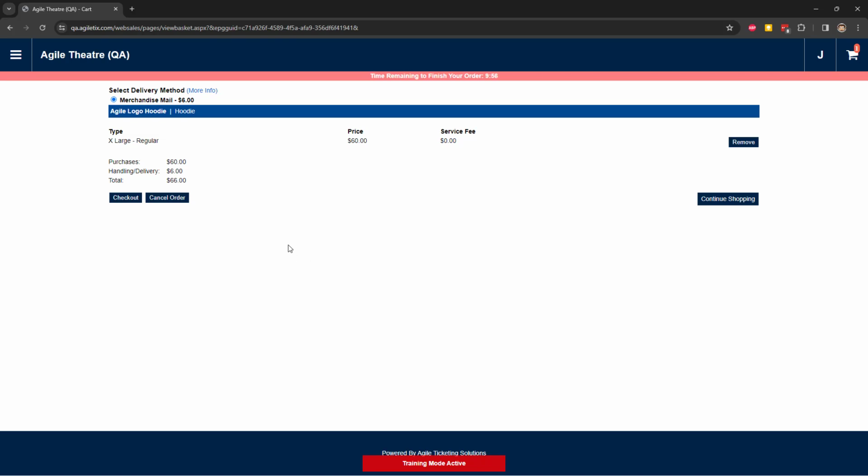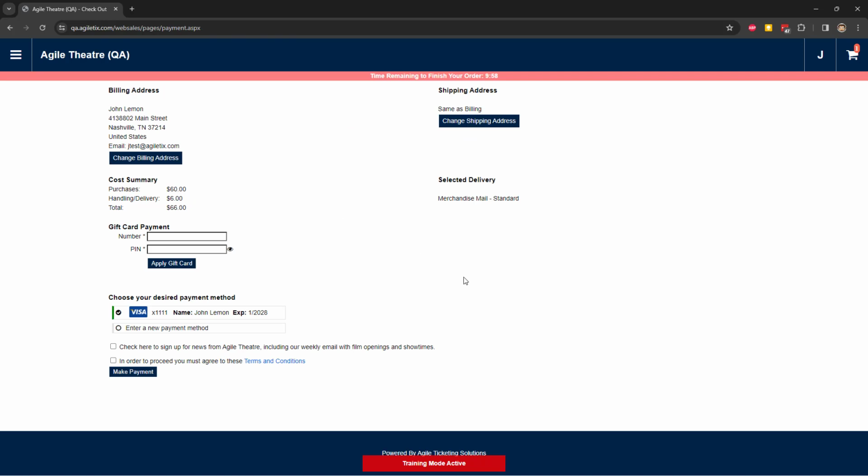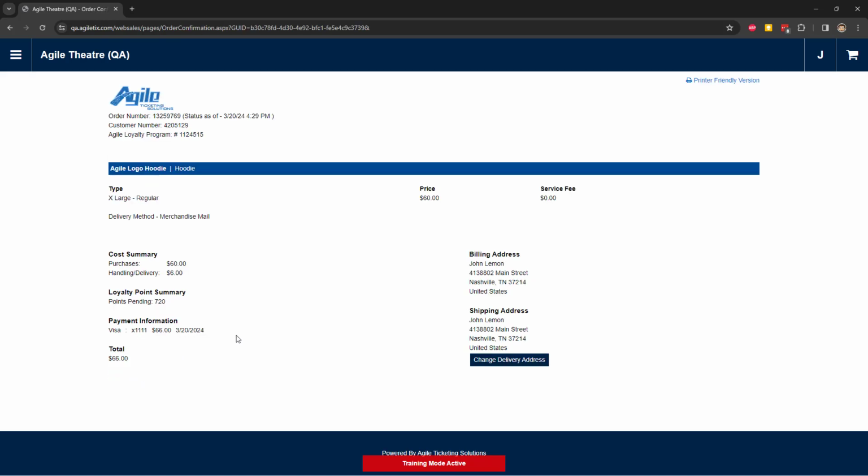And we'll go ahead and continue on with this order as normal, and finish by using our payment method to pay for it. Once we get to the order confirmation, we see the loyalty points summary for this order. Since this order has $60 worth of eligible purchases at 12 points for $1, we will get 720 points for